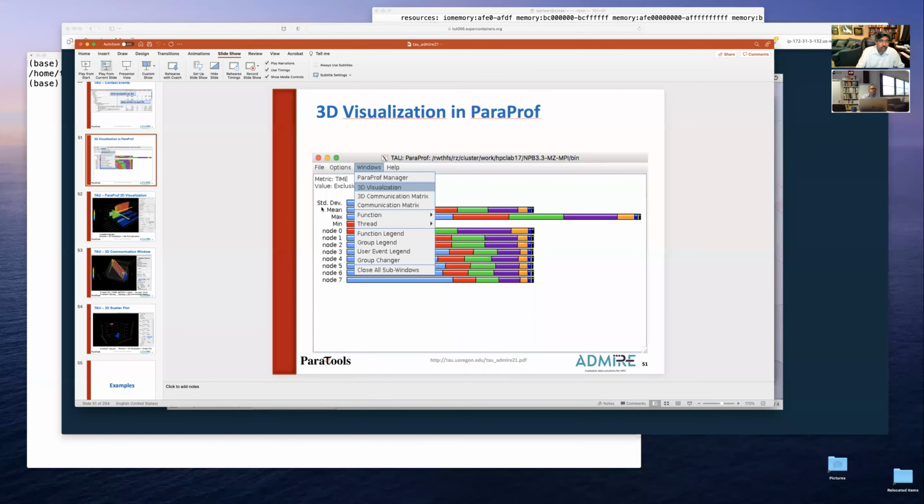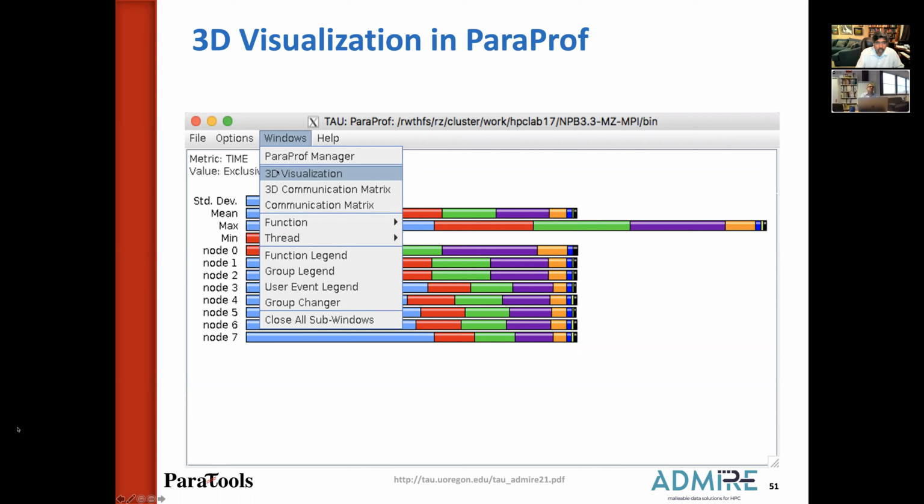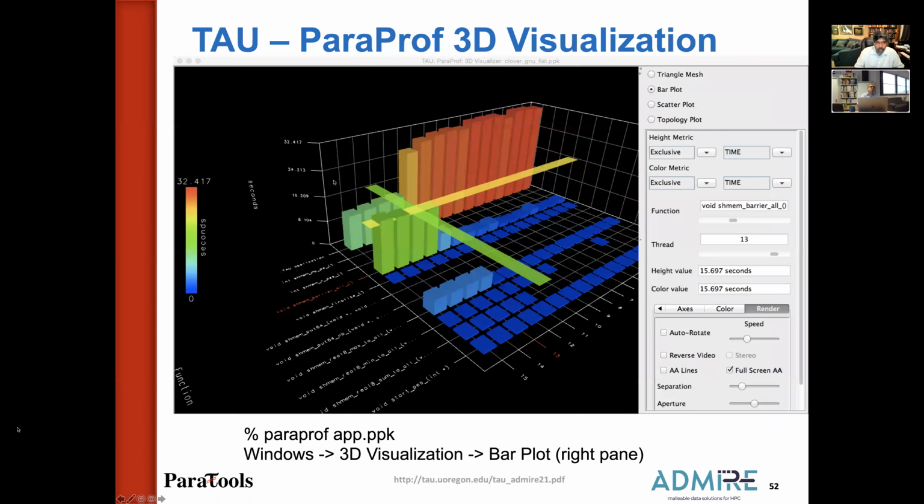I had shown you earlier that you can launch ParaProf. You can go to 3D visualization. You can see the MPI ranks, the functions, and where they intersect. You can go to the function and thread slider like this, and you can see the height and color values like this. It's hard to click in 3D space, so we have these sliders, and the same sliders are used